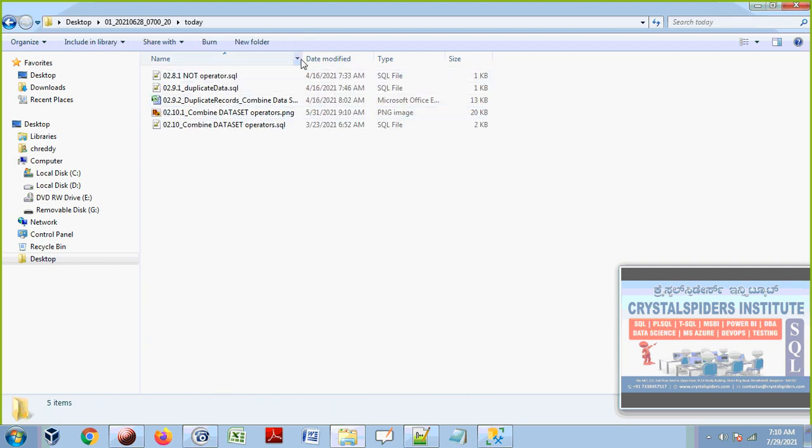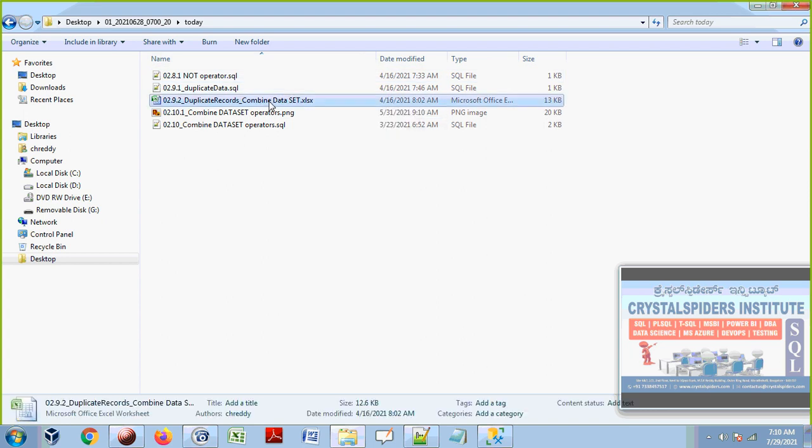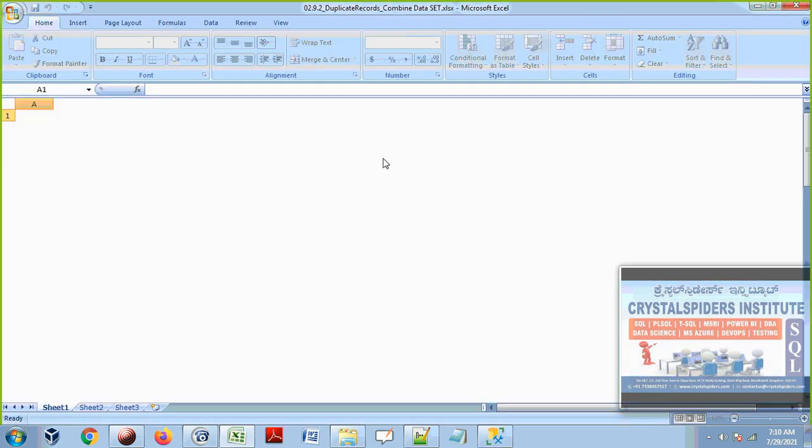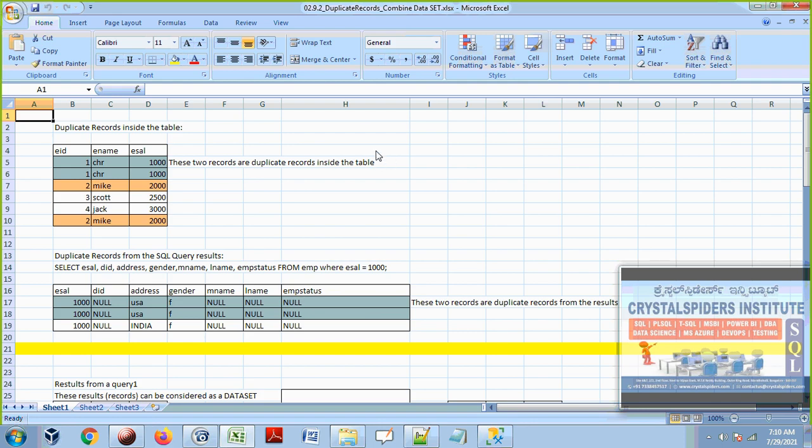Before we talk more about combined datasets, first let's understand the meaning of combined dataset. You see here in this Excel sheet the name combined dataset. What is the meaning of combined dataset? What is a dataset first of all? We are going to combine 2 datasets or 3 datasets or 4 datasets. Dataset is nothing but the result of one SQL query, that's the select query. So let's say these are some results, and we can say these results are one dataset. And we are going to combine.